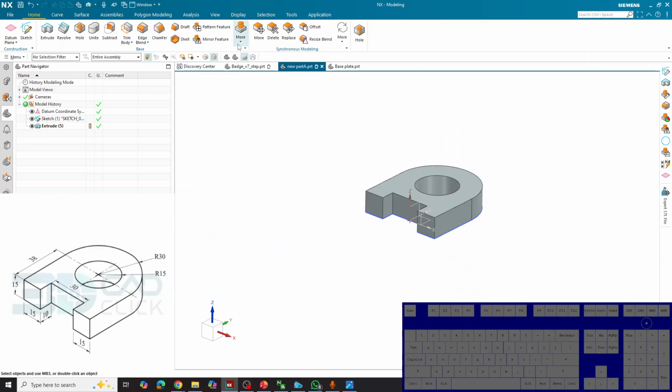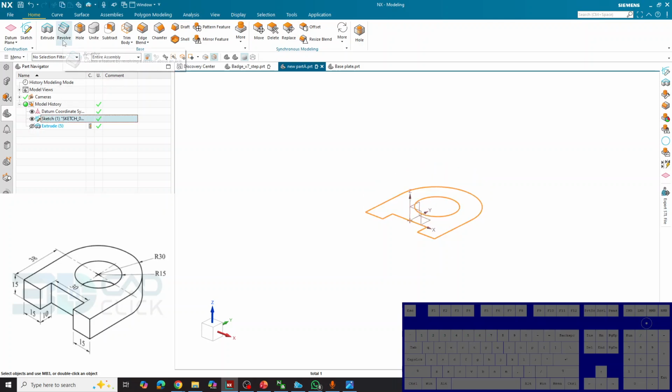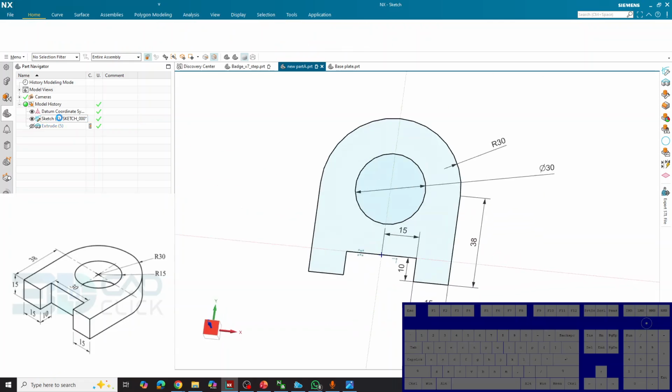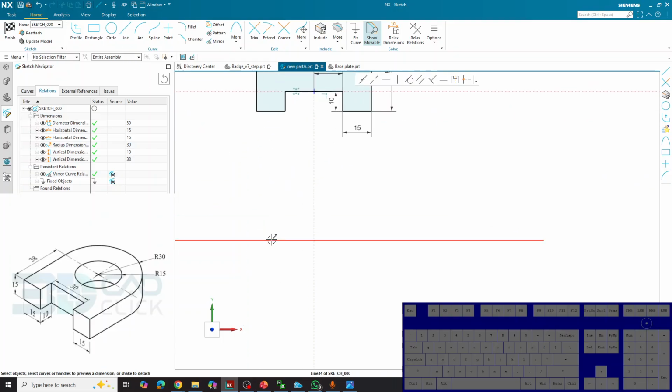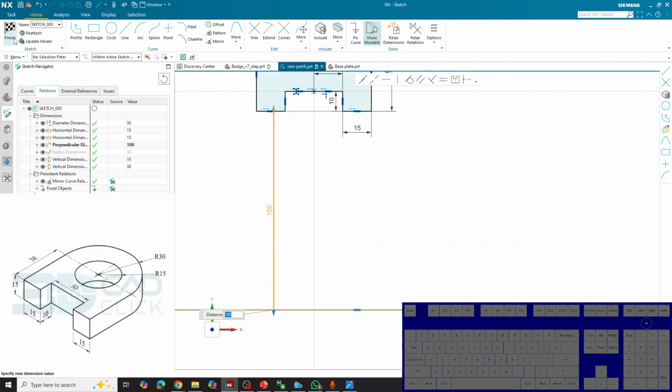So now we'll just mess around with the other features so that we can learn them, because this body is now done as well. We'll hide this extrude for now. Let's use revolve. Actually, before we use revolve, let's make a little change to this sketch over here. Double click on it and create a new line. Specify that the distance between this line and this line is 100 mil. Press finish sketch,